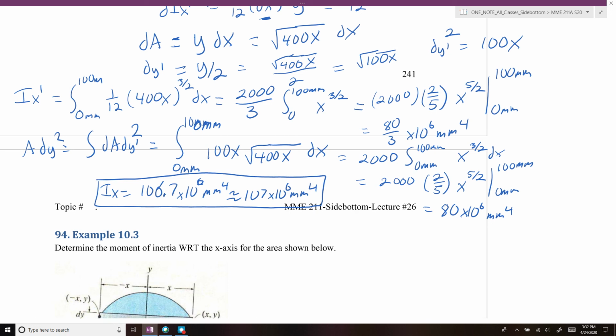So that concludes this example problem on how to solve for the moment of inertia using an element that's parallel with the axis and an element that is perpendicular